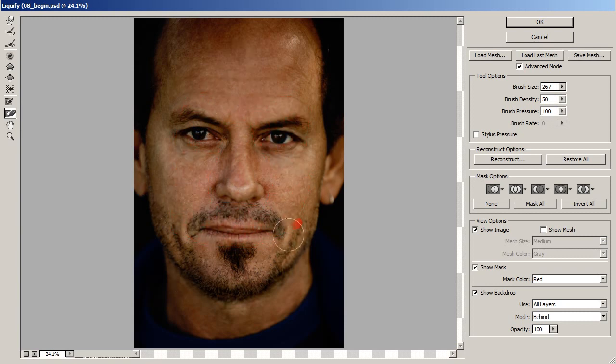Let's go ahead and take our thaw mask tool, get rid of that mask. I'm liking how that's looking. It's much straighter, okay? All right, so if you're not happy with any of those changes, we have a reconstruct tool over here. You can easily restore all that if you wanted to, but I'm pretty happy with the way